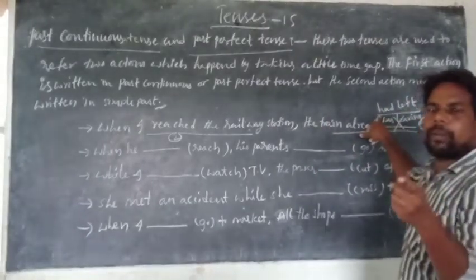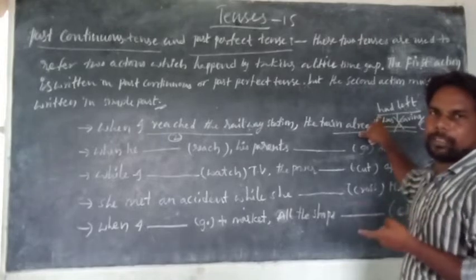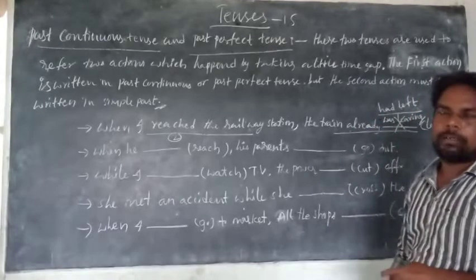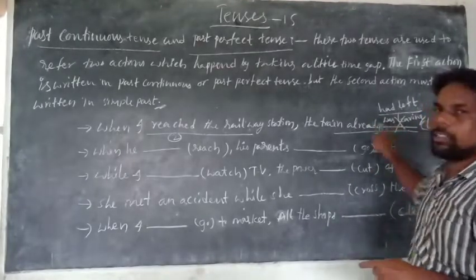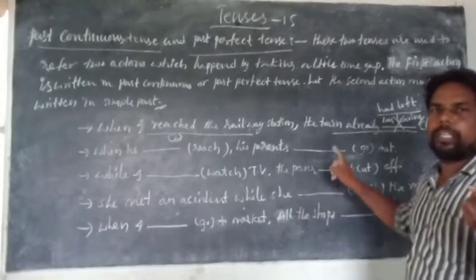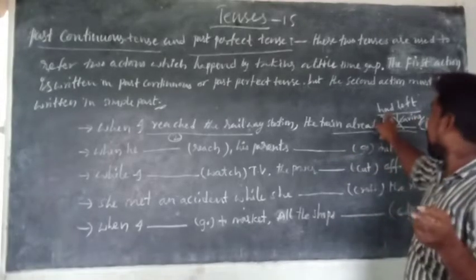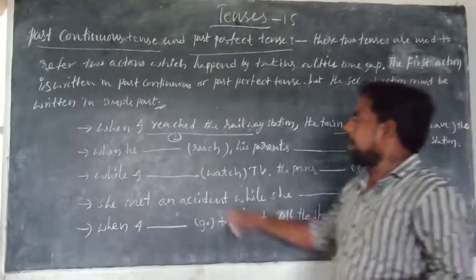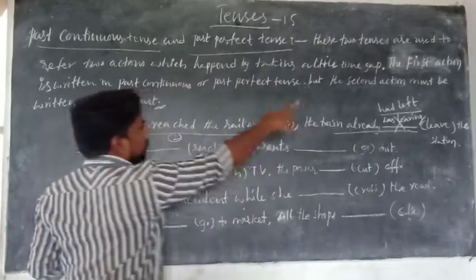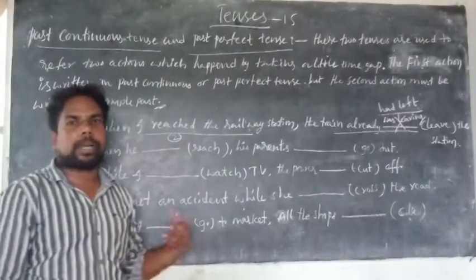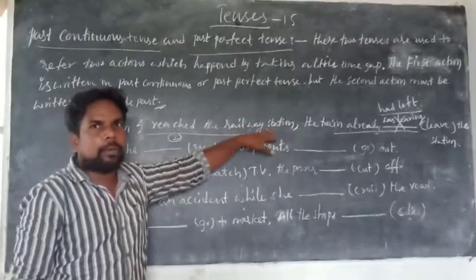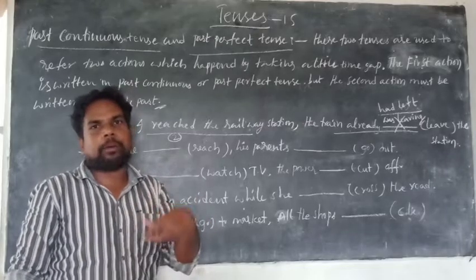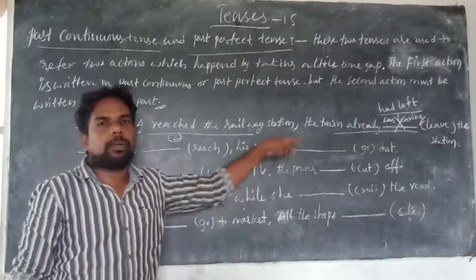The tense that creates a problem is the suitable tense for that blank. Here, past continuous doesn't create a problem, so it is not suitable for this blank. Whereas past perfect creates a problem, so it is suitable. It is a V2, so we have to write the past tense. But according to the meaning, past perfect is the right answer. In this way, we have to analyze what is suitable for the blank.